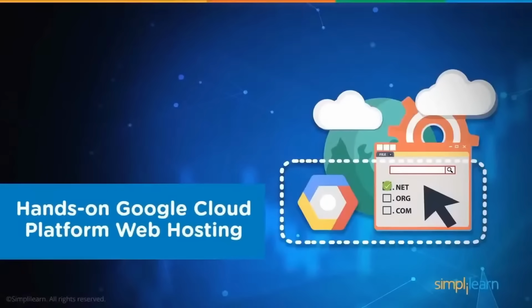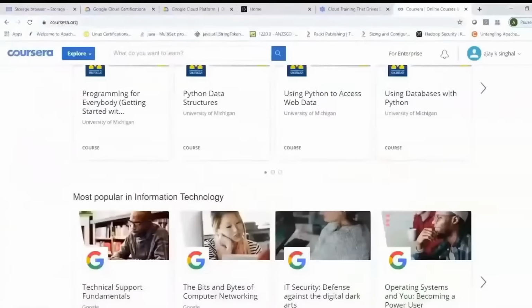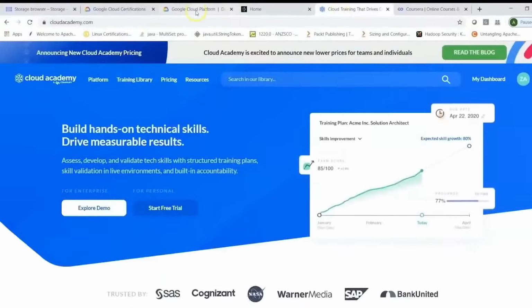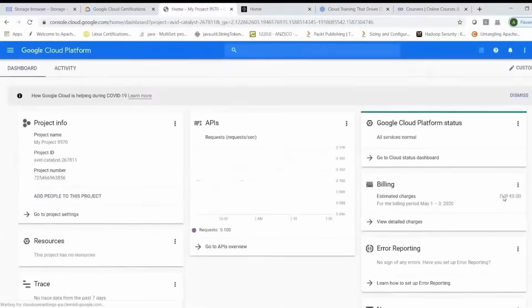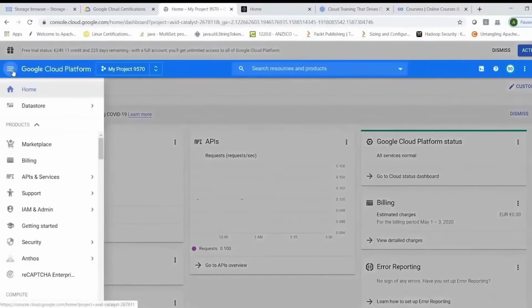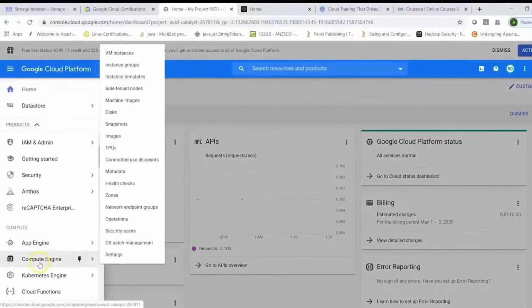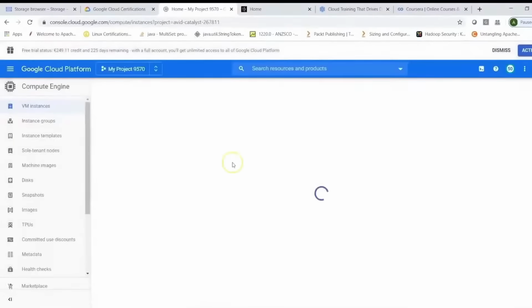Now, what we have seen here is that Google Cloud and its web hosting basically offers users a way to run their websites or use a web hosting solution that can benefit in more than one way. The simplest approach is clicking and setting up a VM instance by going to your console. For example, if we go into the Google Cloud Platform, click on console, the easiest way I could test it is by going to my Compute Engine, VM instances, and here